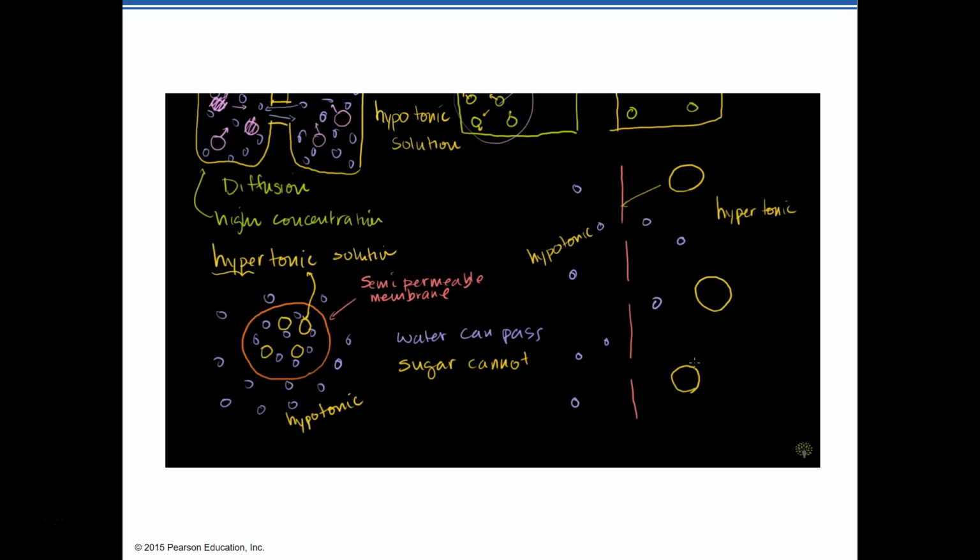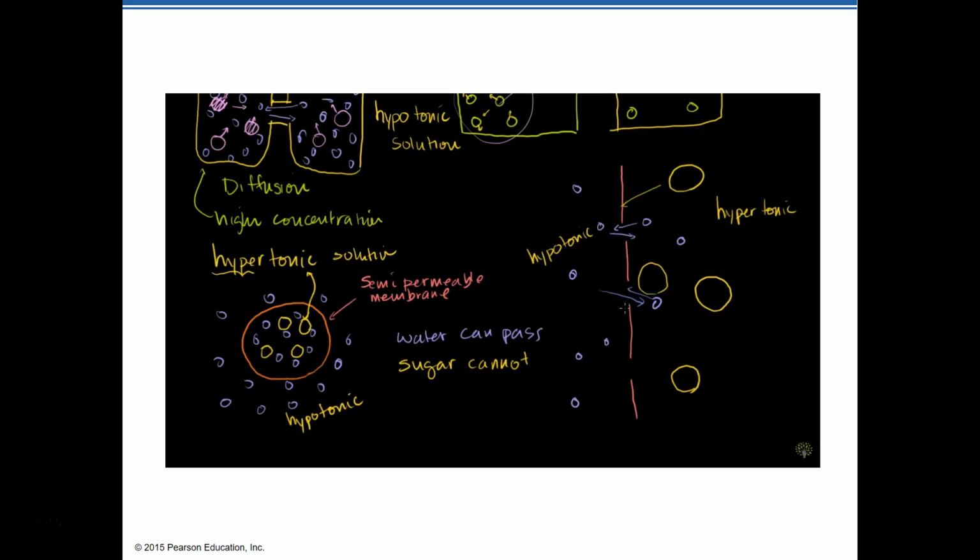If these guys were not here, water would have an equal likelihood of going in this direction as going in that direction. A completely equal likelihood. But because these guys are on the inside of our membrane, this is the inside of our membrane zoomed up, it's slightly less likely for water to be in the approach position for the holes. So it's actually more probable that water could enter than water exit.